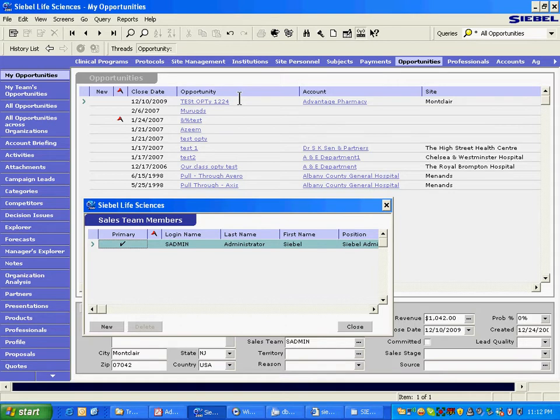But as part of this relationship with the pharma company, those four companies' contacts would be part of that team. There was no way to do that in Siebel 6.